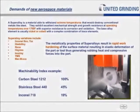So quickly we'll go through just what are the demands of the new aerospace alloys, and I'll quickly state that it's the extreme temperatures in the operating environment above 1700. In a lot of cases it's well above 1700, it's well in the 2000-plus Fahrenheit range. Also the base alloy elements typically are nickel and cobalt, both of which are very difficult to grind. On a typical turbine alloy, those two elements make up 70+% of the makeup. Plus there's a lot of trace elements within a turbine alloy that also make it a